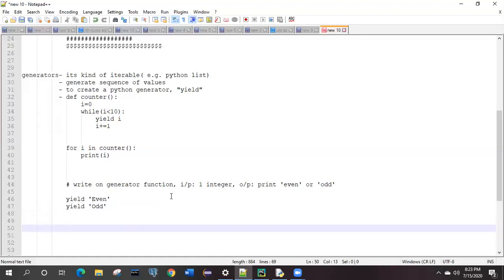So instead of counter, you can try range, and in that you can take an input like 10 or 20 and make use of that. If it is working, it's fine. If it is not working, we'll see tomorrow.